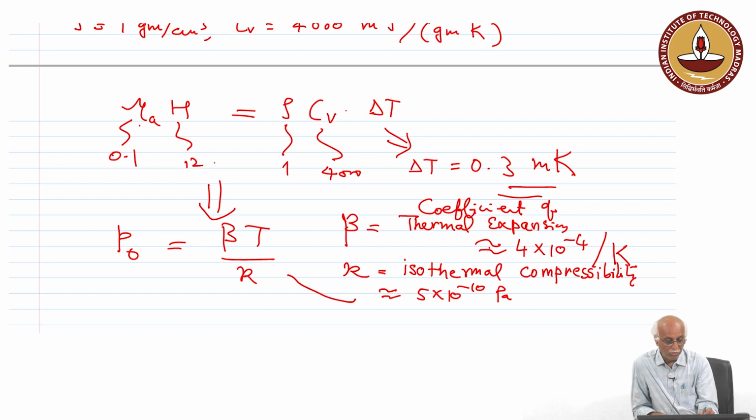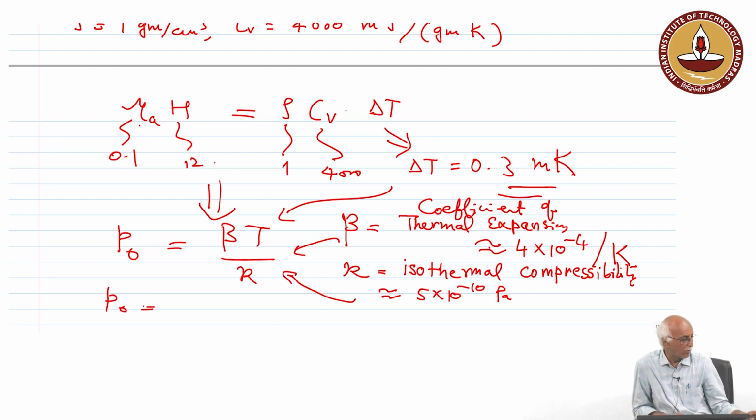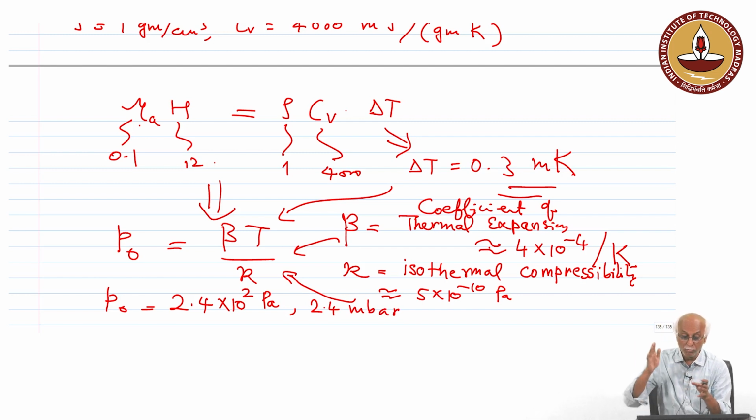So, if we substitute all these values, and the temperature rise is 0.3 millikelvin, P 0 will be of the order of 2.4 into 10 raised to 2 Pascal, or 2.4 millibar. See, 100 kilopascal is 1 atmosphere, so the pressure increase is much smaller,